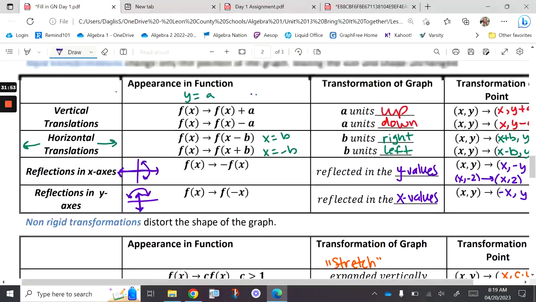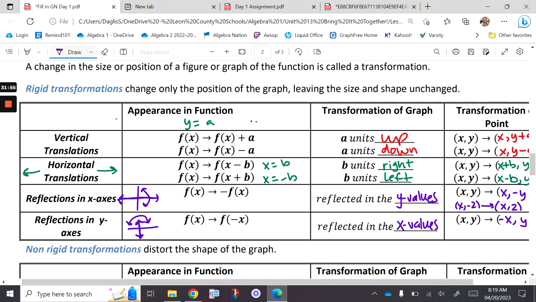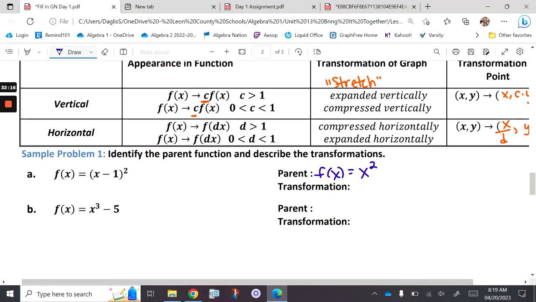Go back to what we just did. Look, we have a minus 1. Use the notes you just took. It looks like this one. So we are going to move to the right, and we're going to move to the right how many times? 1. Okay, so this shows